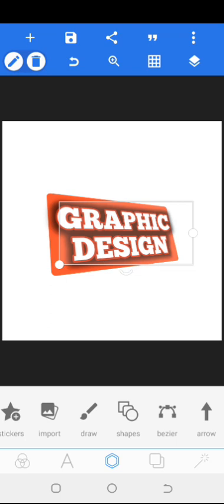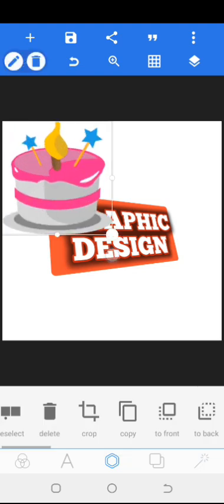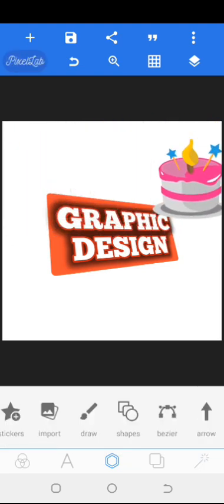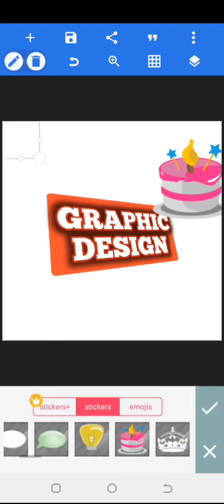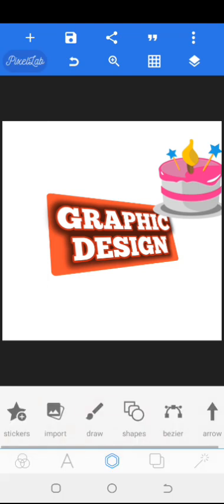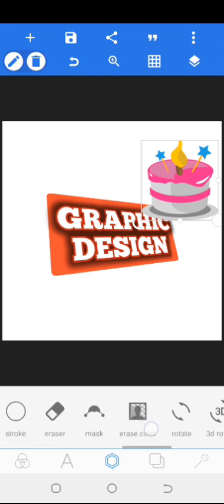First of all, you can bring in stickers. These are stickers you can bring in. Look at stickers and the rest of them, you can bring them in. There are so many stickers out there. You look at them, you can download them and bring them in. Then the next thing we are going to do is our,